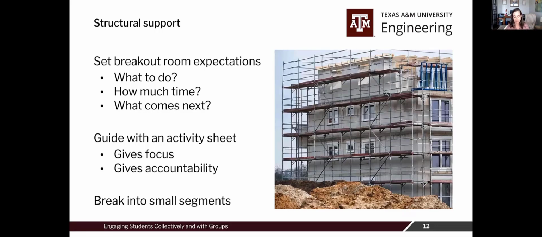And then the last thing I do is, when I usually have a worksheet that they're filling out, I divide it up into small segments. I give them the whole sheet at once, but then I tell them, we're going to do this piece, and then I'm going to bring you back in 5 minutes. Then we're going to discuss and we'll do the next piece. This helps them not get lost or way off track or spend way too much time on a certain part, and keeps a nice pace for them.